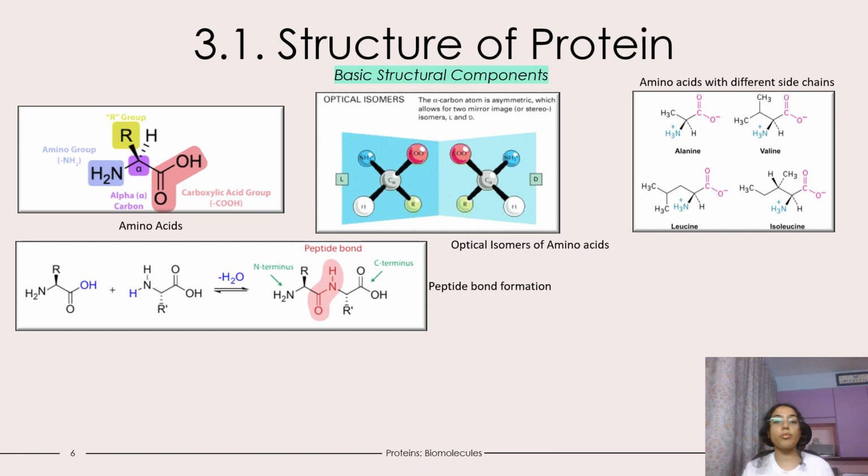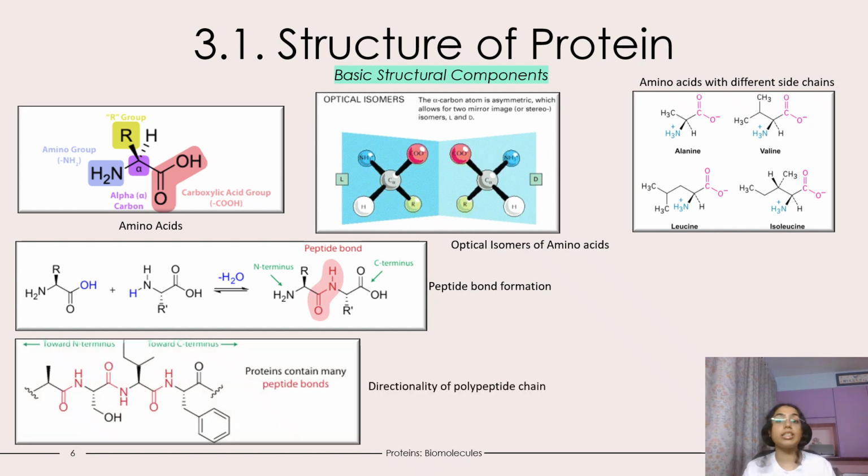Peptide bonds form the backbone of polypeptides, connecting individual amino acids into long chains that ultimately fold into functional proteins. This covalent bond arises when the carboxylic acid group of one amino acid reacts with the amino group of another, releasing a water molecule in a condensation reaction. Specifically, the hydroxyl is removed from the carboxylic group and a hydrogen is removed from the amino group, resulting in the formation of an amide linkage known as the peptide bond.